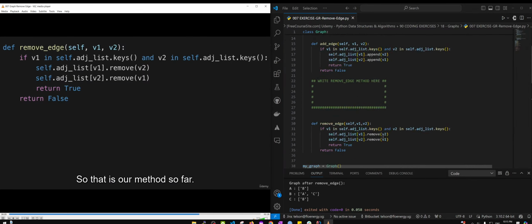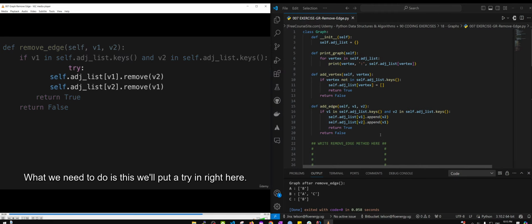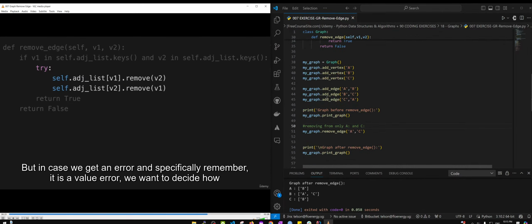So that is our method so far. What we need to do is this. We'll put a try in right here. So we're going to try to run these two. But in case we get an error, and specifically remember it is a value error, we want to decide how